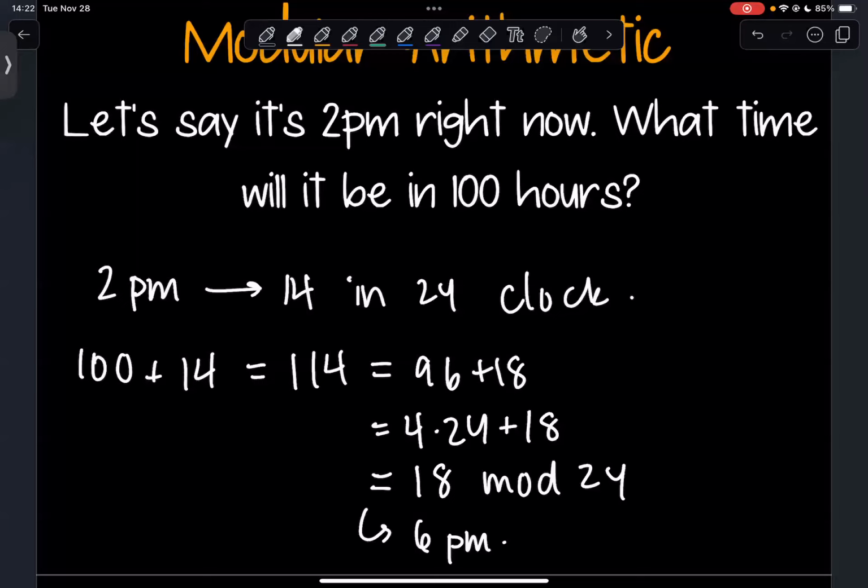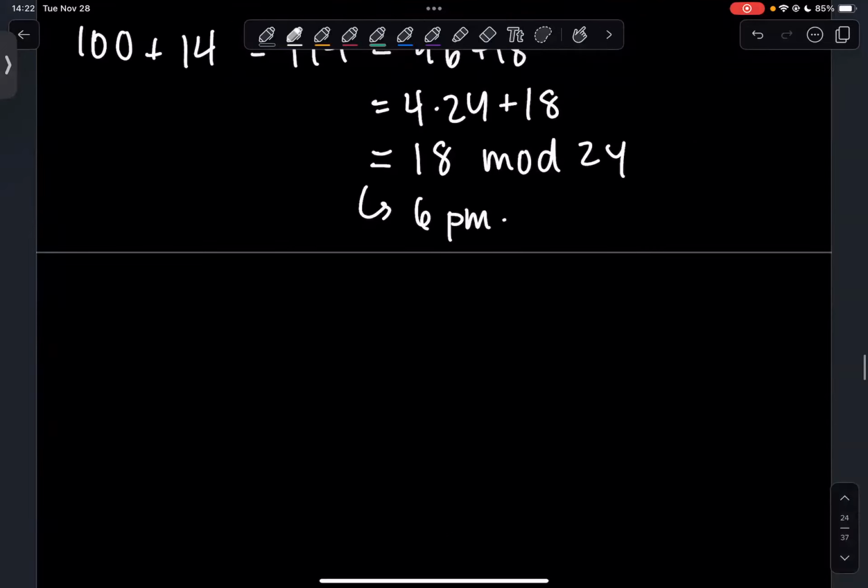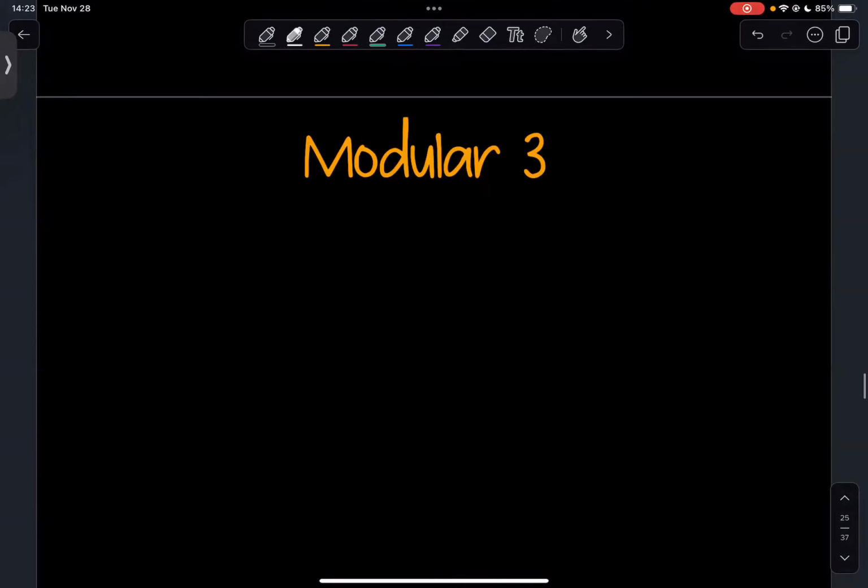Okay, so again, this is the reason why some people call it clock arithmetic instead, because we're really doing some of these calculations throughout our day. But we can think about mod or modular arithmetic with more than just 12 or 24. We can pick any positive integer or a natural number here to think in terms of mod. And really the one that we want to stick with, and I'll move ahead a little bit, is we want to think in terms of mod 3. So modular 3 or mod 3, they really mean the same thing.